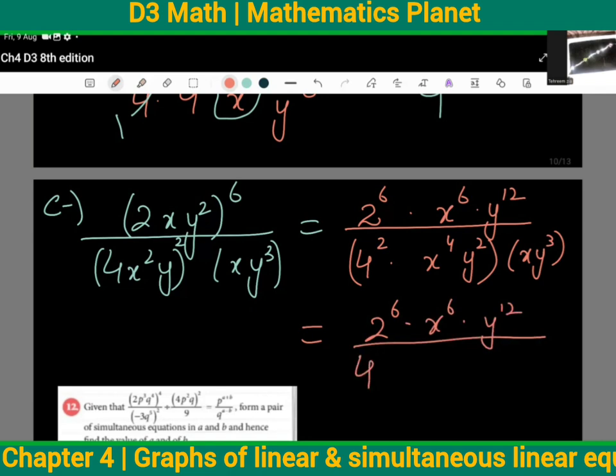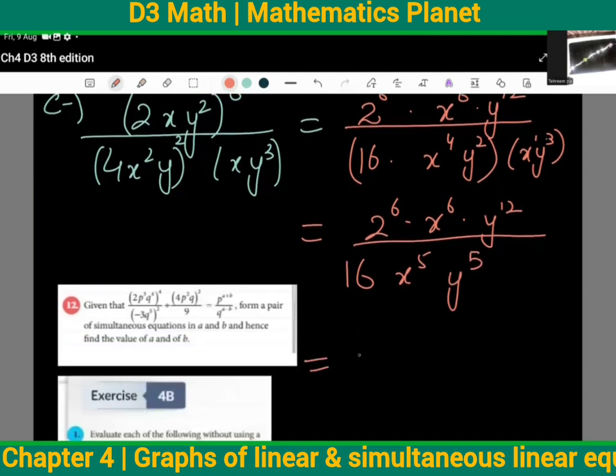4 square is basically 16. Let's write it 16. Now x^4 and x to the power 1, it would be x to the power 5. y^2 and y^3 would be 3 plus 2, 5. Okay. Now